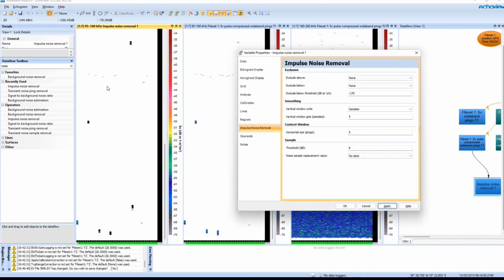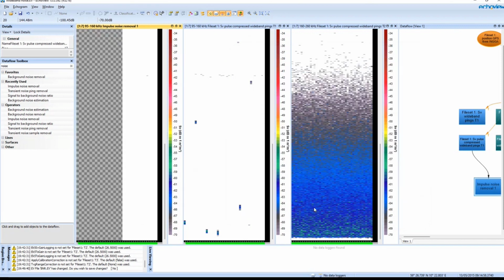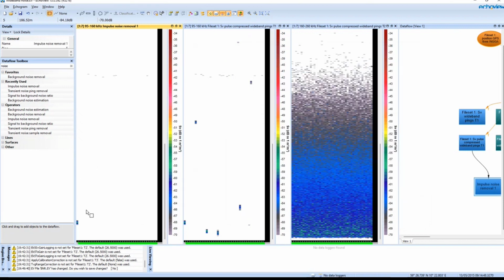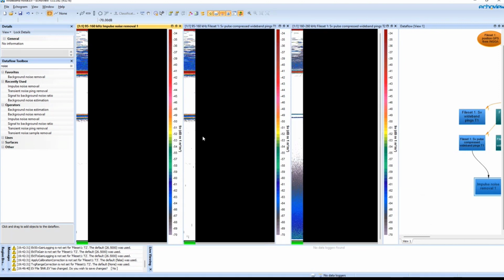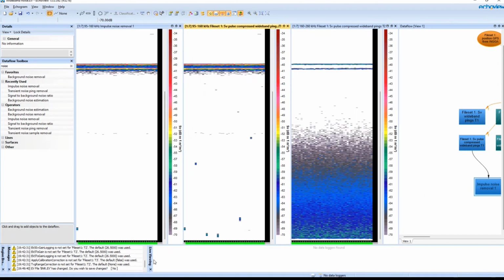We can see most of these spikes are now being set to no data. So using the no data option just for the purposes of debugging is really helpful because it's obvious to see where they are. Once I'm happy with the settings that I've chosen, we can just replace those noise samples with the mean of the surrounding data. And so apart from that little blip in the first ping, we've tidied up that impulse noise really quite nicely.